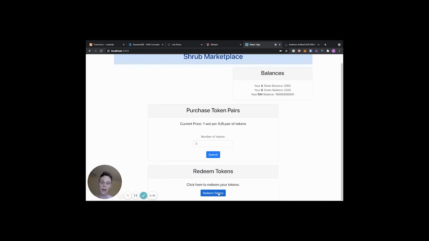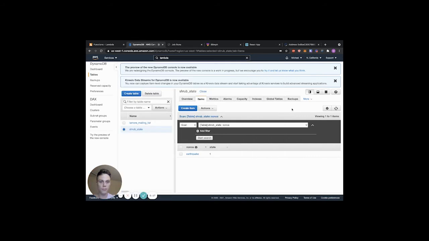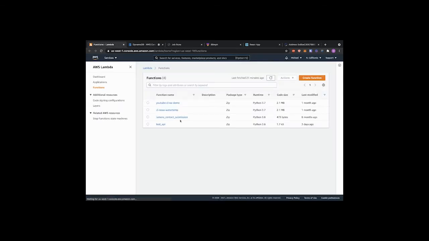And so what should happen is that we'll actually check our Chainlink node, and then the Chainlink node will hit our Lambda function, which checks the state. The state has been set to 1. We can actually go there now. Yeah, so our state is 1 right now. It was deployed with state 0. But as soon as the redeem button is hit, that's when we'll actually go through our Chainlink Oracle and then our own node that we're hosting on Rinkeby to hit this. It will hit our Lambda function first,